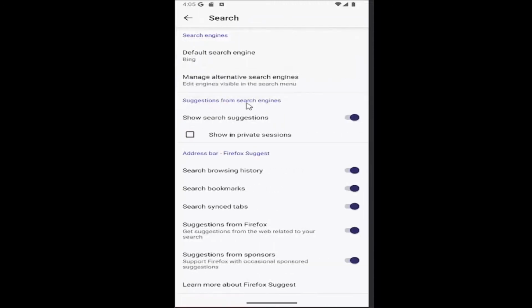Underneath suggestions from search engines, show search suggestions. If you want to disable this, toggle this little oval to the left. It'll be grayed out, meaning it's turned off and search suggestions will not be visible. Conversely, if you want to enable search suggestions, as the title would suggest, click inside the oval one time, toggle